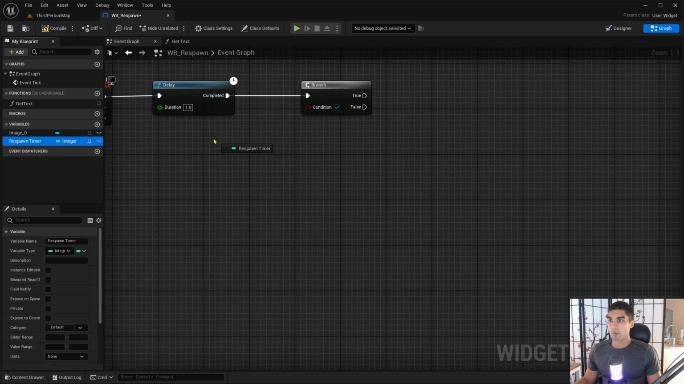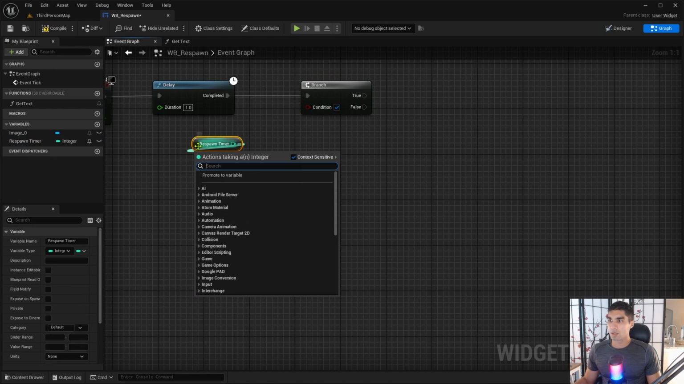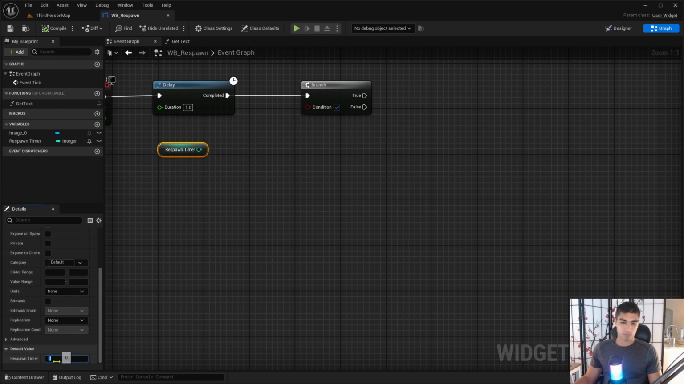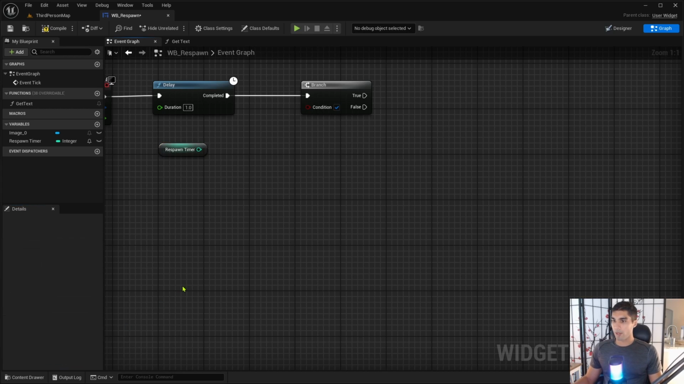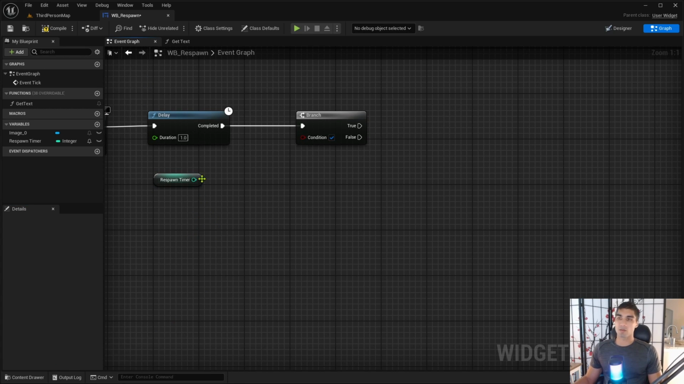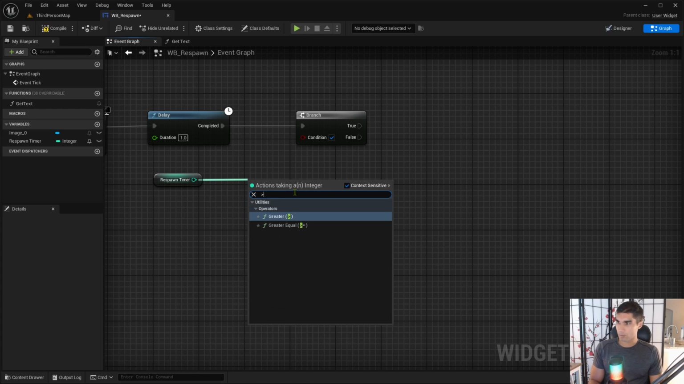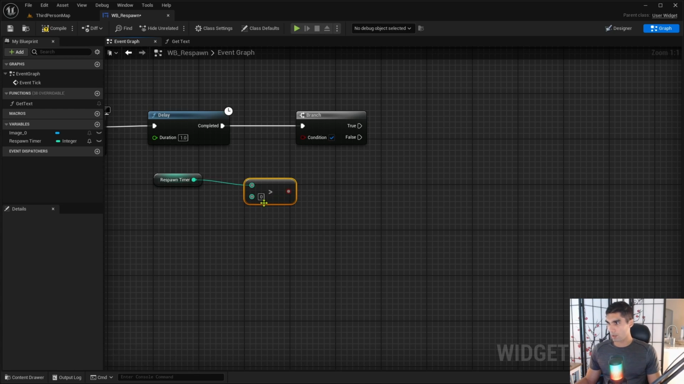And I'm going to grab the respawn timer here. Let me set this to compile, save it so that you can see this down here. And I'm going to change this to 5. So 5 seconds is going to be how long it takes for my guy to respawn. So if this is greater than 0,